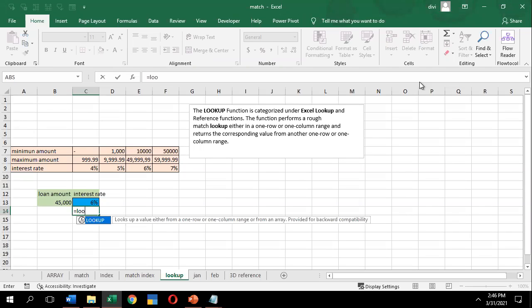I got it. Okay. So if you want to find in a vertical criteria range, you can go by VLOOKUP. If you have a horizontal criteria, if you have to go with the horizontal format, you need to go by the horizontal lookup, that is HLOOKUP. Here this lookup will find either row- and column-wise what you want, and that actual value will be presented. So let me find that LOOKUP.